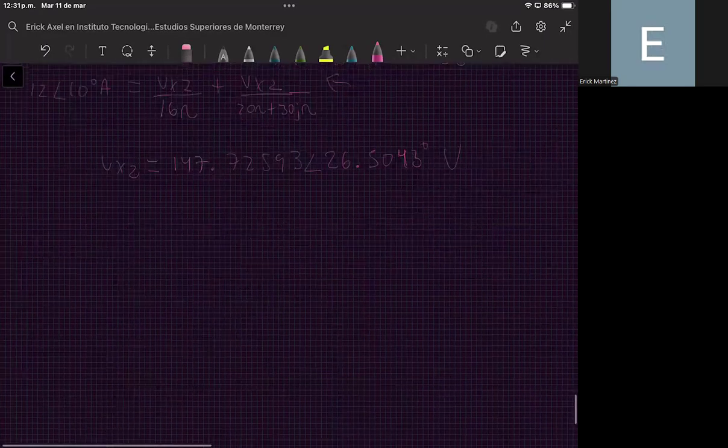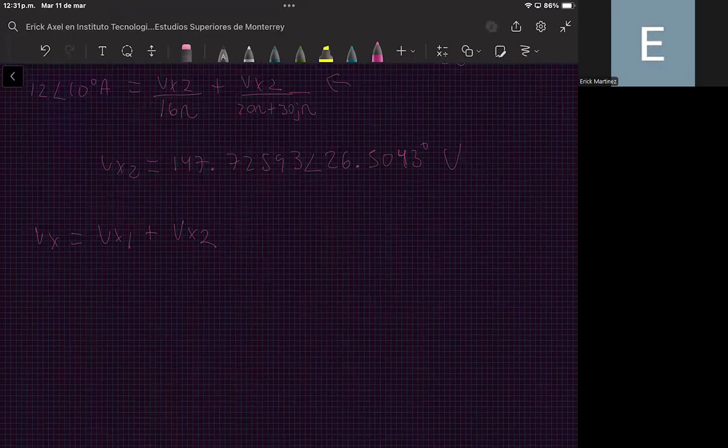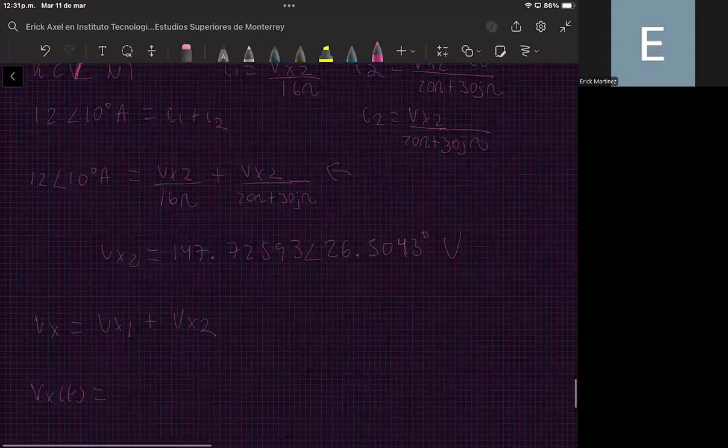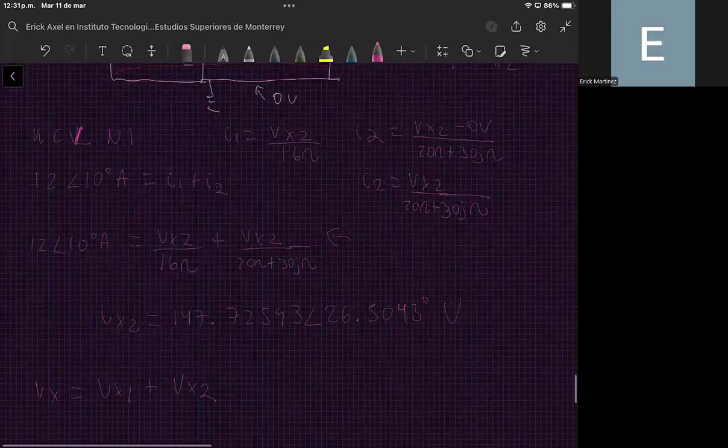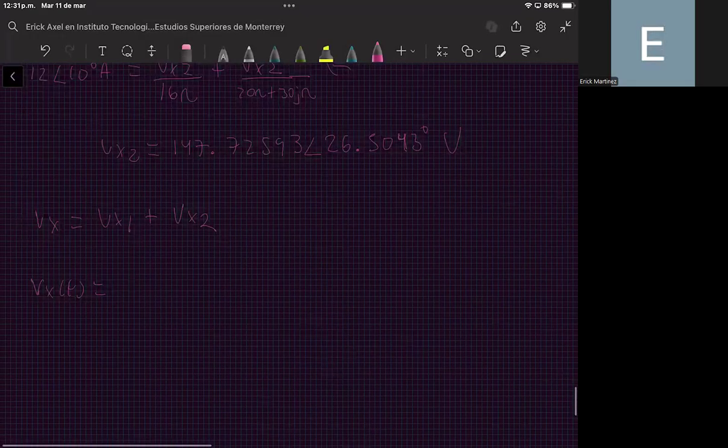So we can say that the voltage Vx is equal to Vx1, the individual contribution of the voltage source, plus the voltage contribution of the current source, Vx2. So Vx in the time domain is equal to Vx1, that is 21.411 times the cosine of 2t minus 105.5241 degrees, and these are volts, plus the voltage Vx2, that in the time domain we can express as